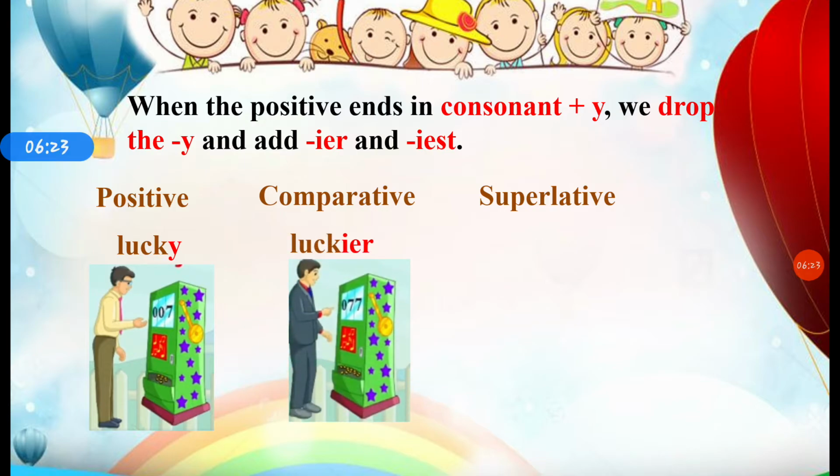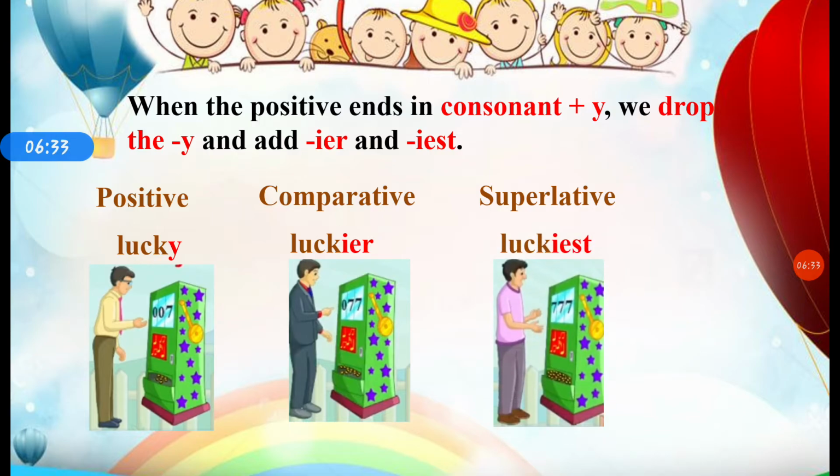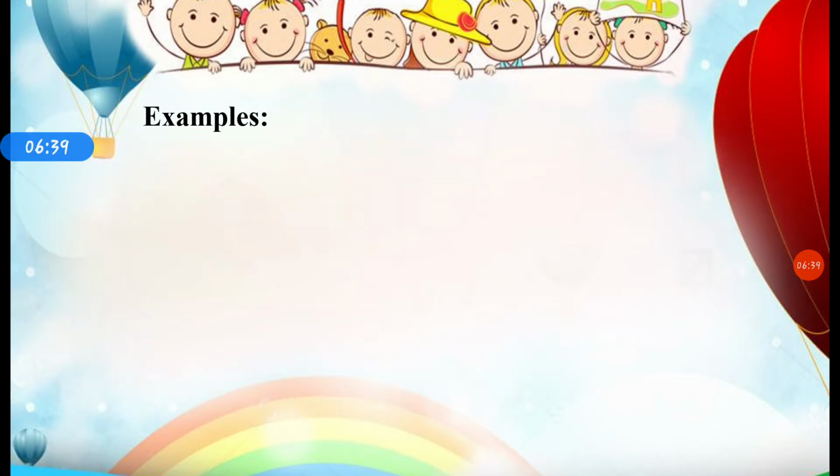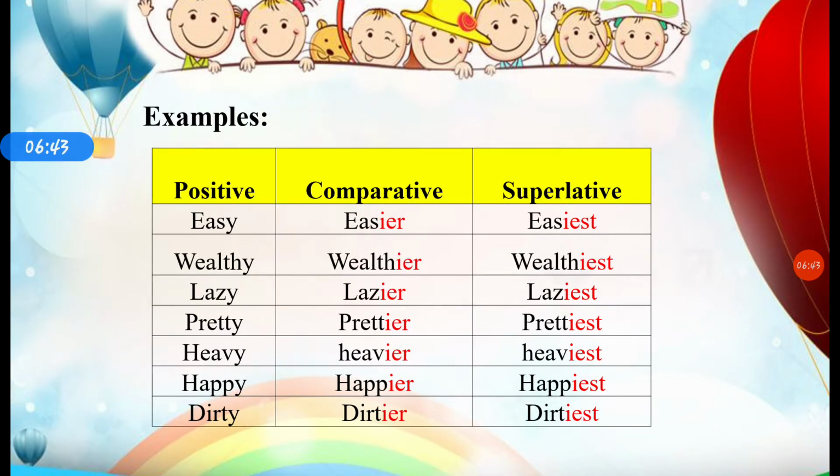So it becomes luckier. See, we drop Y and add IER. And in superlative degree, we drop Y and add IEST. It becomes luckiest. Here are some more examples based on this rule: easy, easier, easiest; wealthy, wealthier, wealthiest; lazy, pretty,